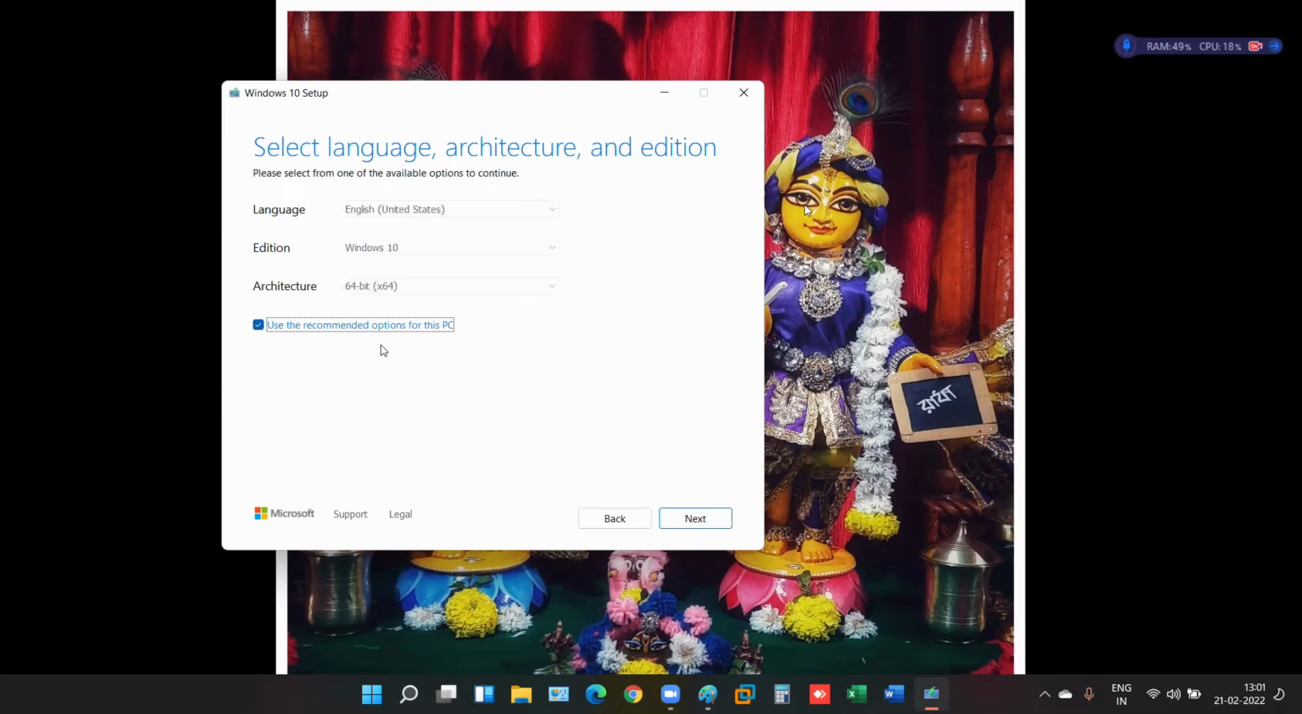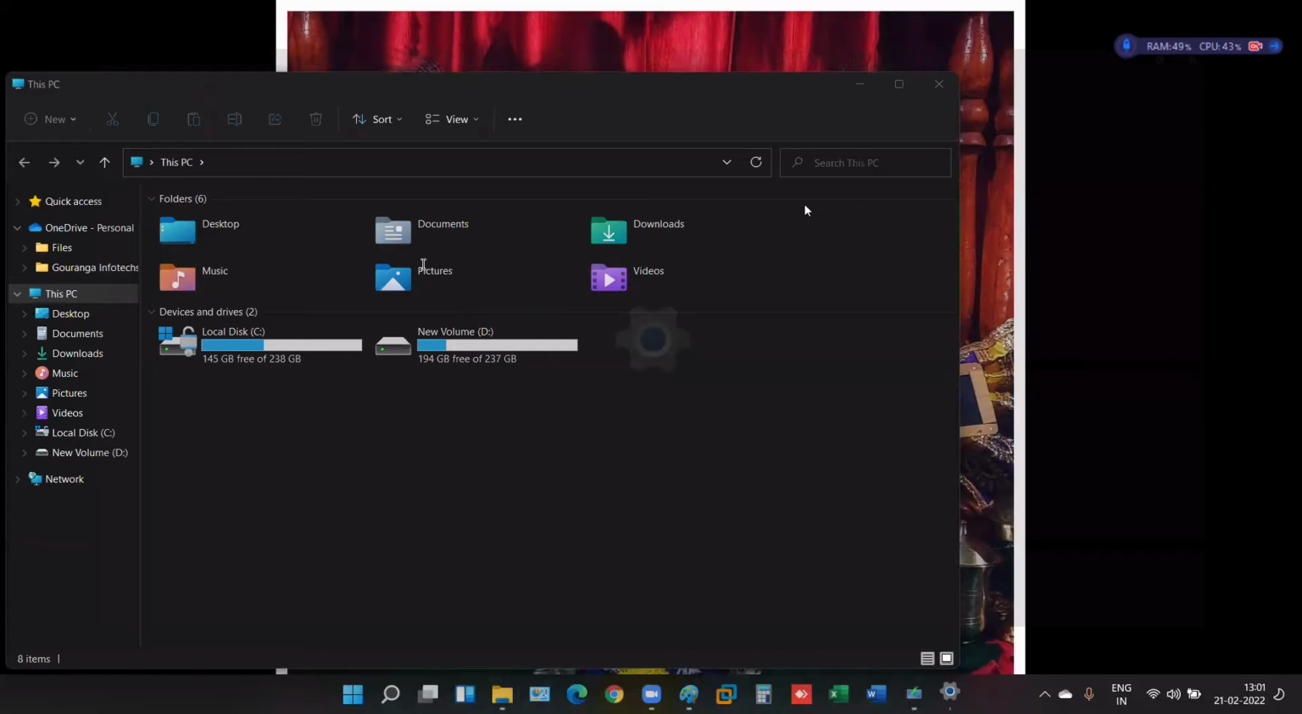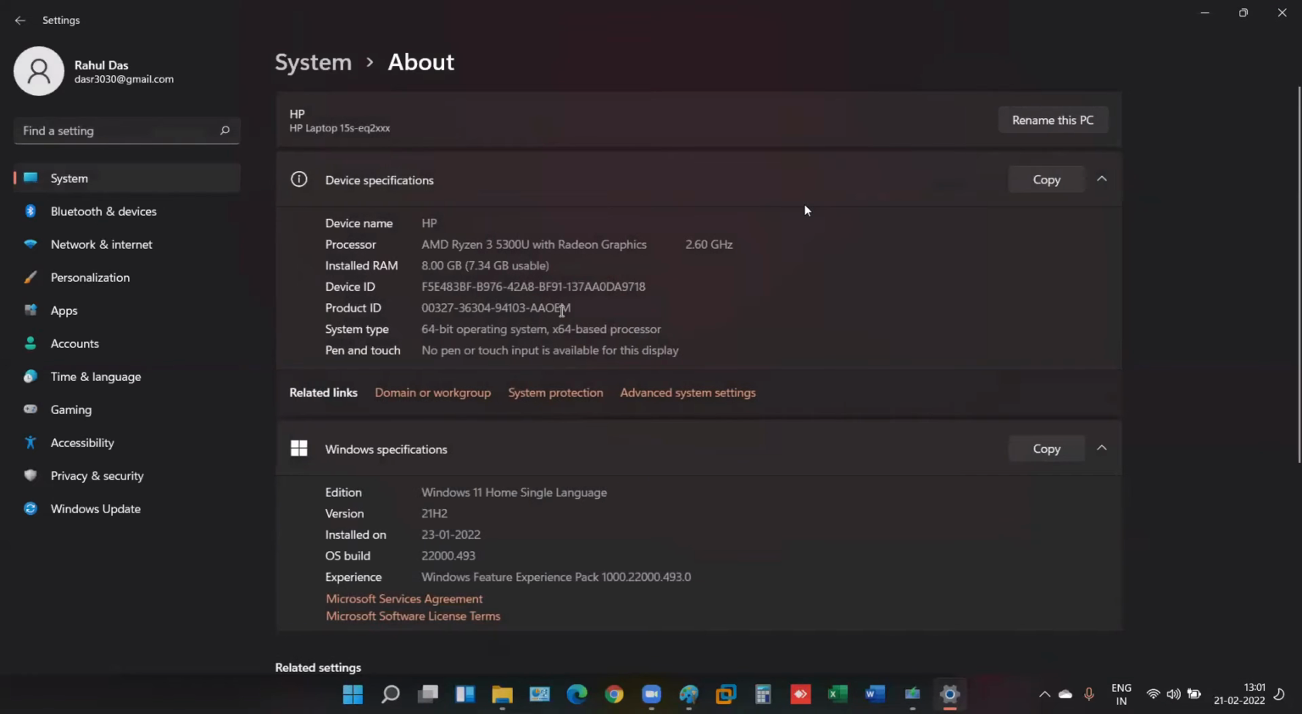There is language, select language, architecture. Already, sir, I already described this in system requirements. Here it is showing 64-bit. Use the recommended options for this PC. This PC is using it because I have 8 GB RAM. That's why it is visible. Clear? Yes, sir. Why is 64-bit visible? Because 64-bit supports more than 2 GB RAM, and I have more than 2 GB RAM. That's why